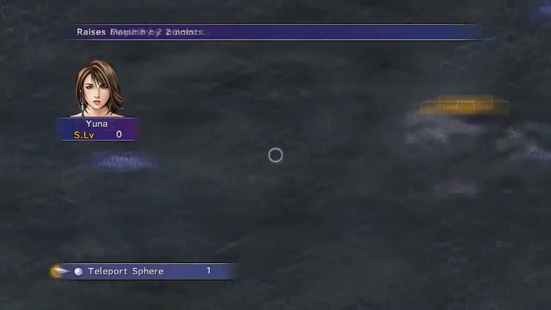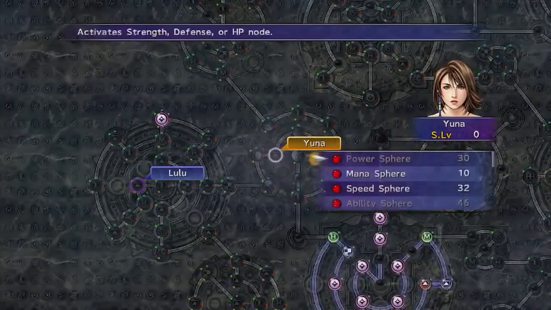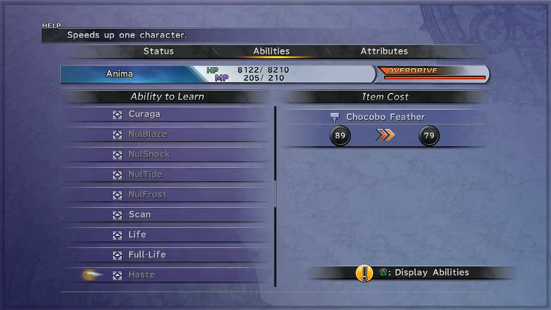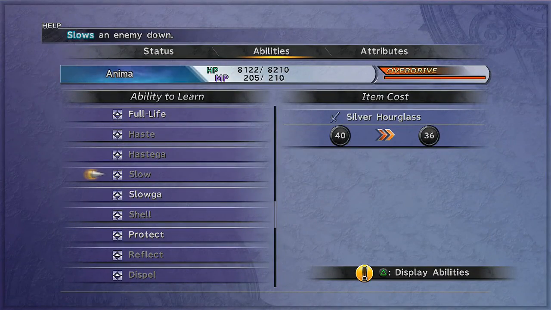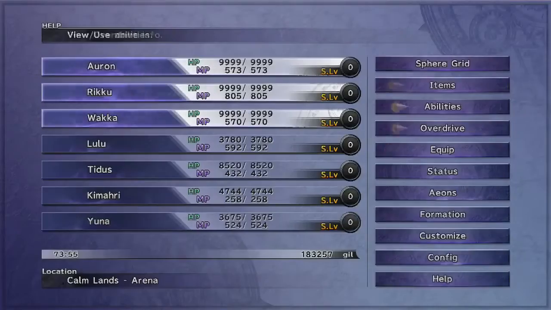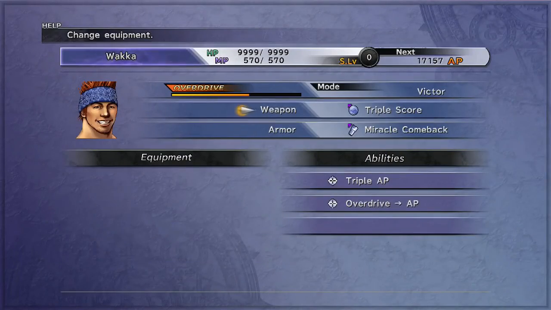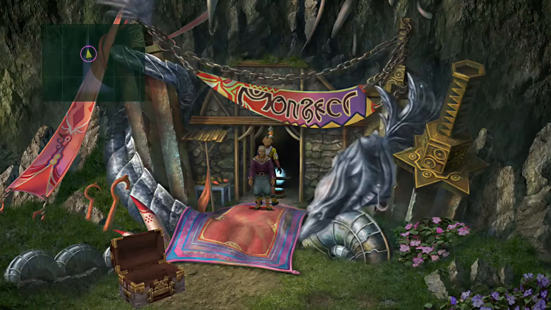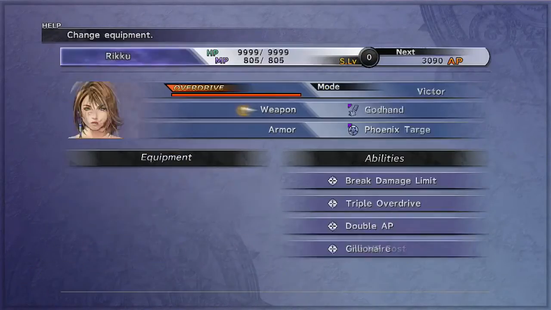So one thing I take into consideration at this point is that I need Yuna to be getting leveled up. In particular, I need Anima to be in a certain state here in the near future. Don't know why I stared at this screen for so long. I probably had something I was doing. Anyway,